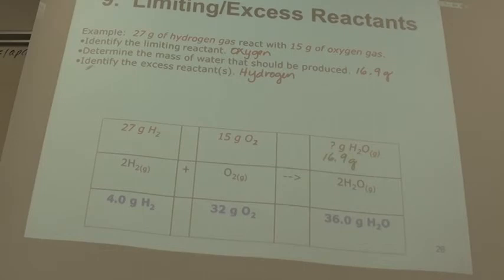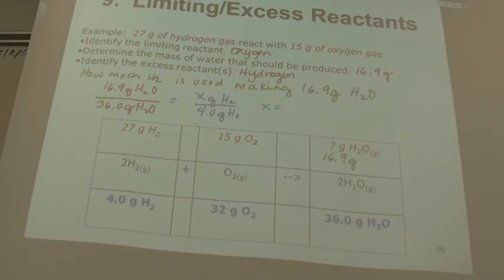So the question says, how much hydrogen is used making water? How much water? 16.9 grams of water. Can you do that problem? What's your given? 16.9 grams of water over what? Yep, its mass fact, 36.0 grams of water. And that's equal to our unknown. What is our unknown? How many grams of hydrogen used over its mass fact? 4 grams. When I cross multiply and then divide, x is equal to